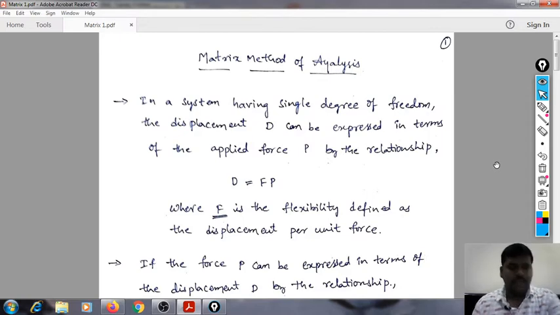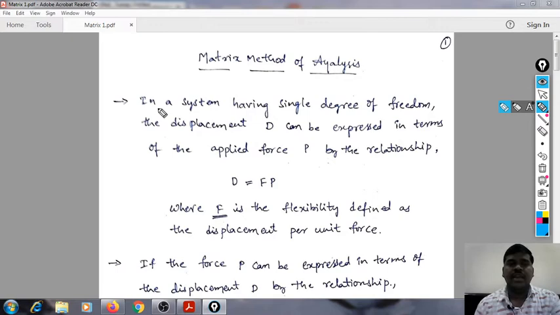So before that, a matrix is a mathematical way which gives accurate results in a very short span of time and also in a systematic way. So for that reason, matrix method of analysis is considered to be a systematic method of approach. So here when we read out the first point,